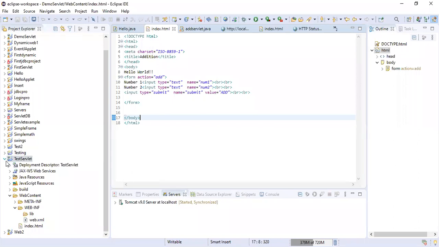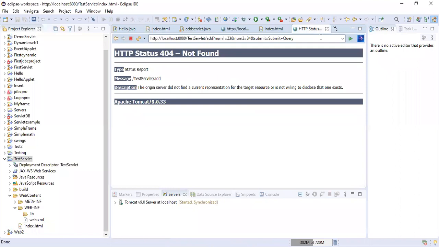Now our HTML file is working, and we have got the output of that. Now we want to create the addition. Where to create the addition? For that purpose we are going to create a server. We have created an HTML, and through that HTML we want to send two numbers, and we want the addition of these two numbers to be carried out at the server side. Who will do this addition? Our servlet is going to do this addition.